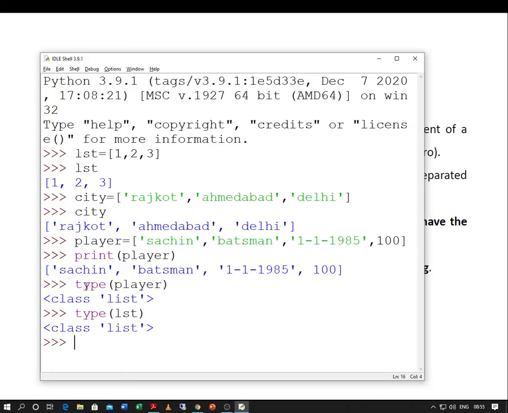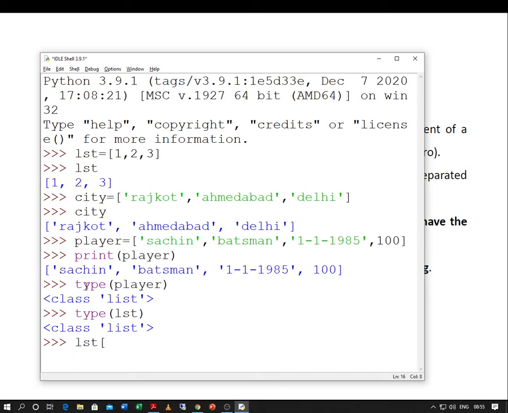Now, moving forward, we had studied slicing and indexing in strings. The same thing is true as far as a list is concerned. That means, to fetch one particular element from the list, we can use the indexing technique. For fetching multiple elements, we can use slicing. Say for example, let me just try it out.